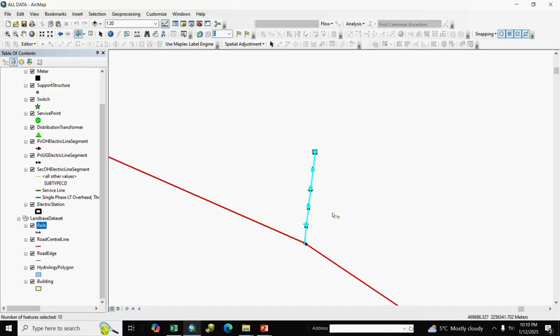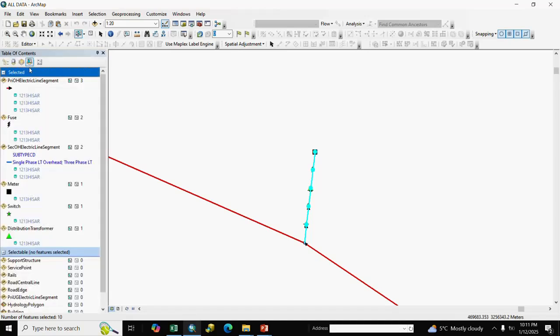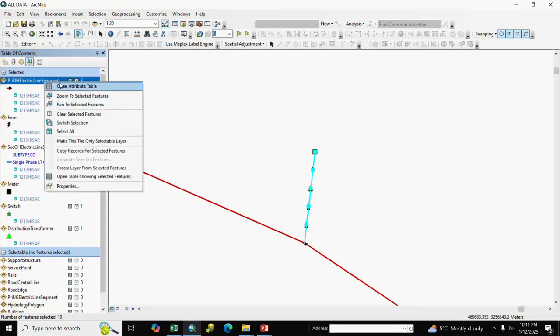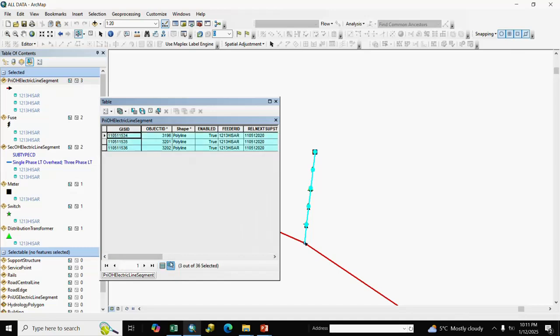Here we remove only this one. We go to selection and see all the fields are selected. We open the attribute table and select only the selected items. Here is the GIS ID. We remove only by GIS ID, and the structure is automatically deleted.